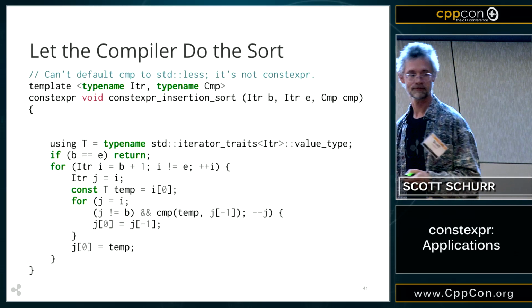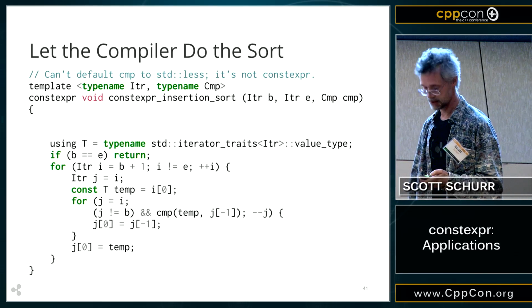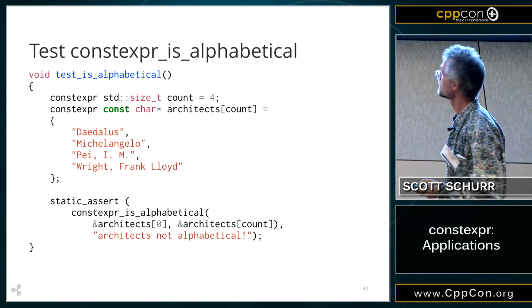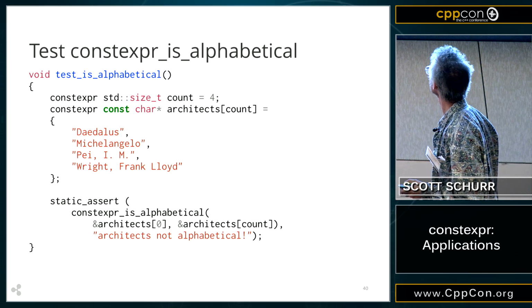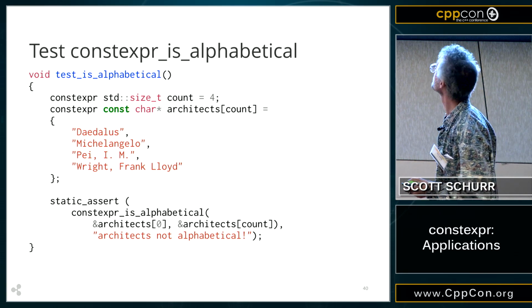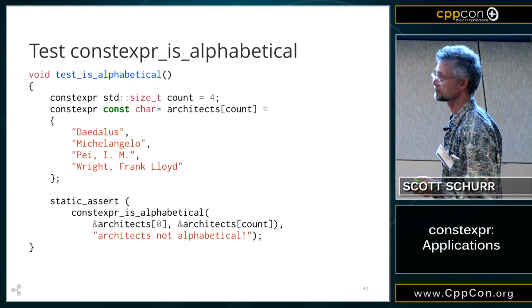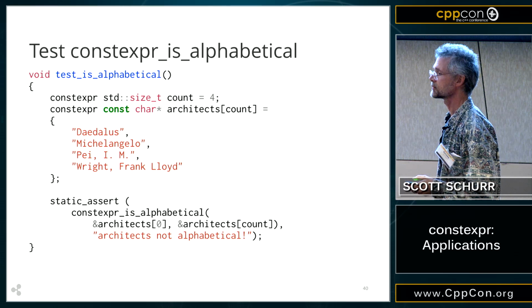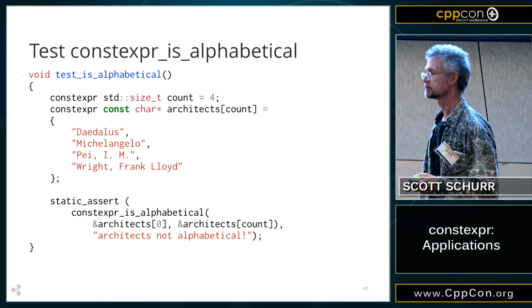I have a question. Can you go back to that slide for a second? You have the count 4, and you also have the 4 things here. Suppose we make the count 6, and then we add a 5th string, and one of them is null because we forgot to put 6 things and we have only 5. So now we have a null there. What is going to happen here at compile time? Because that would be a runtime error, right? If we have a null, we try to compare a null with a.